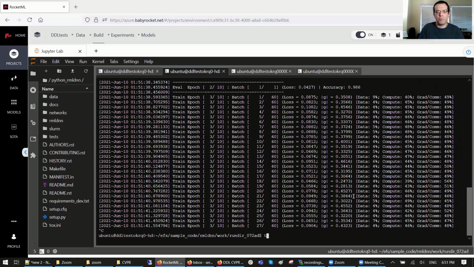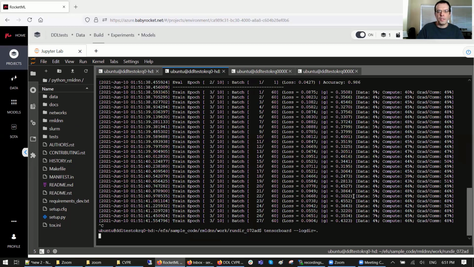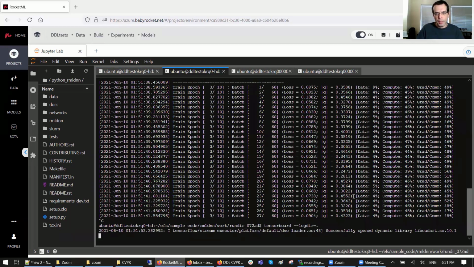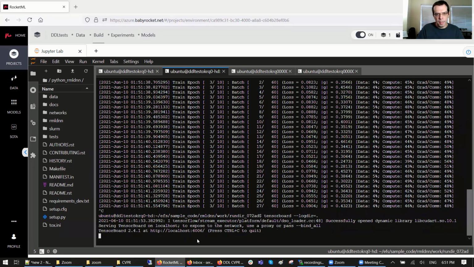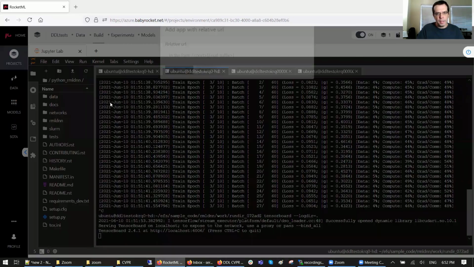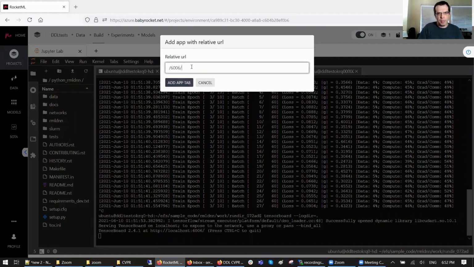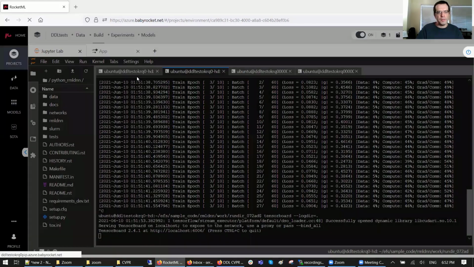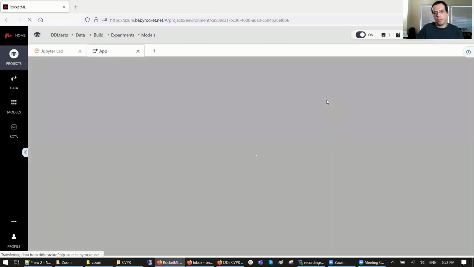So I'll come back here later, but now I'd like to show something cool that you can do, which is to attach TensorBoard to this. And when I do this, I have this port open, 6006, where I can add an application. And now I have TensorBoard tracking my run